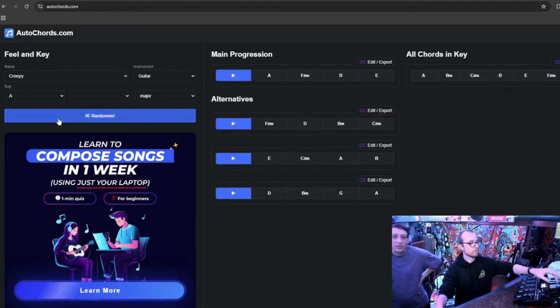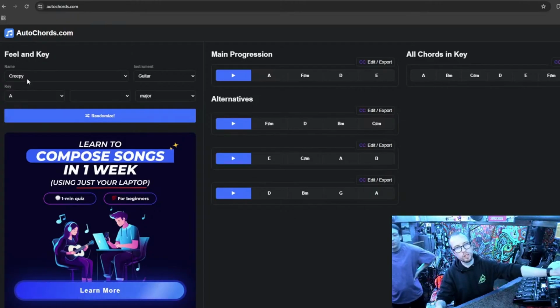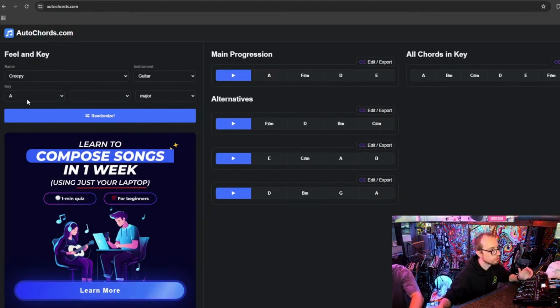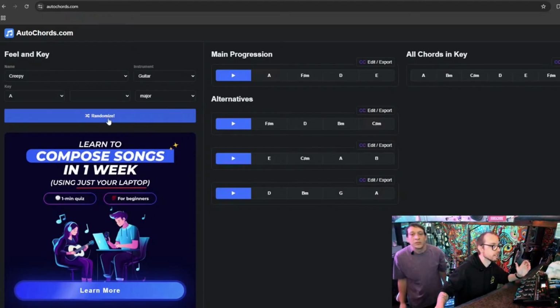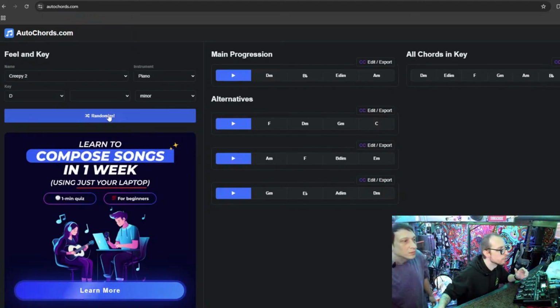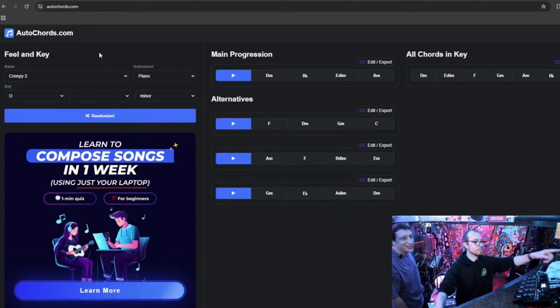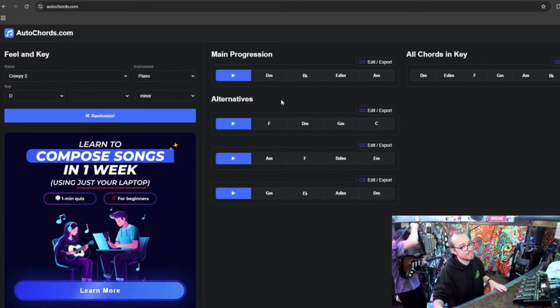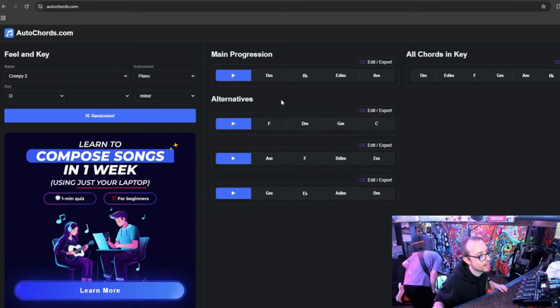When you see me hit randomize, that'll change, but we don't really use that because, like I said, since we randomize the tempo and the topic as well, sometimes it doesn't quite work out. It doesn't make sense if it wants a ballad but we have to do it at 150. So we click randomize. It tells us D minor, with the main chord progression being D minor to B flat to E diminished to A minor.